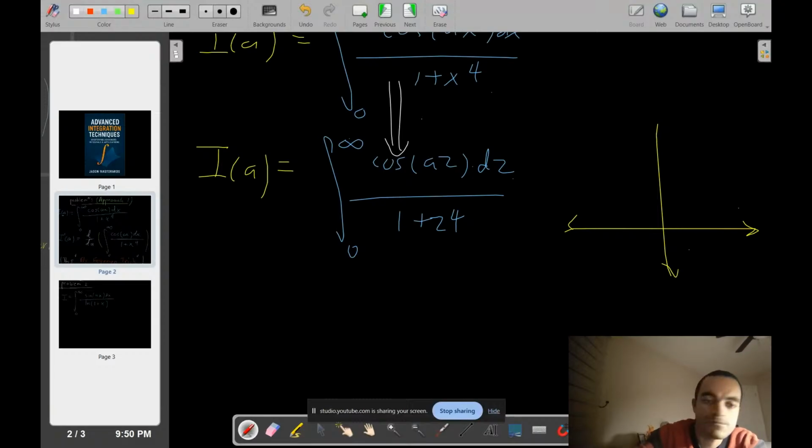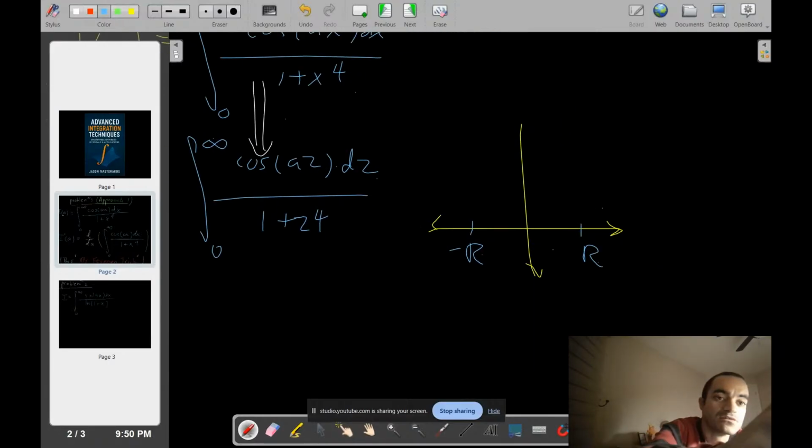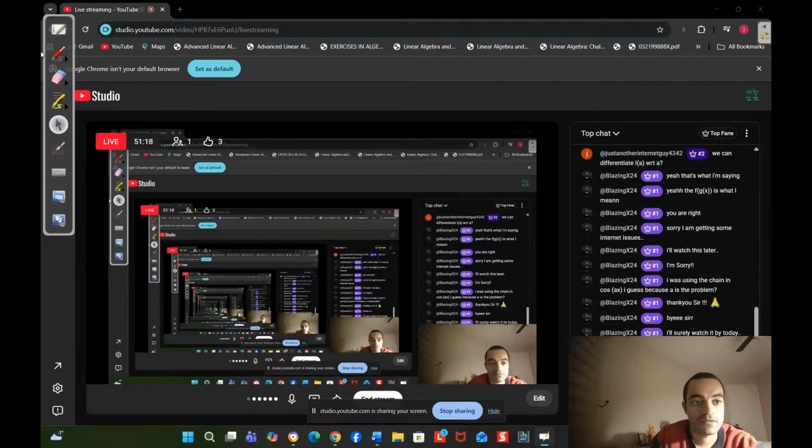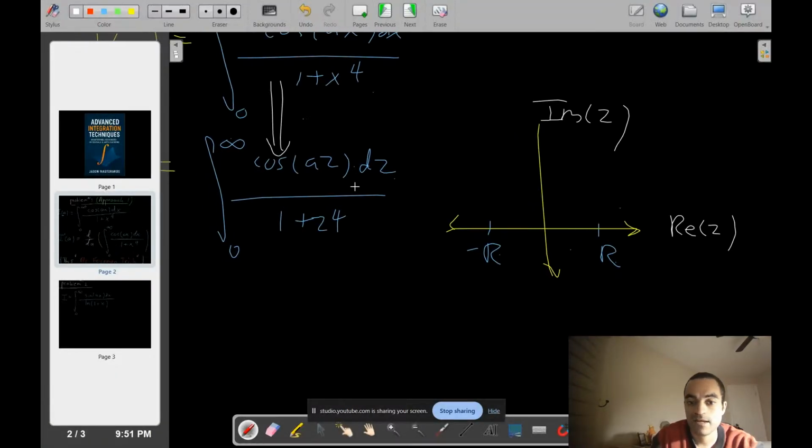that works for this would be a semicircle. So what we do is we cut a negative r here and a positive r, and a semicircle has radius r. Remember, the x-axis is the real axis, so this is the real axis in terms of z, and this is the imaginary axis, also a function of z. Let me make sure you guys are all there. Okay, so real and imaginary.